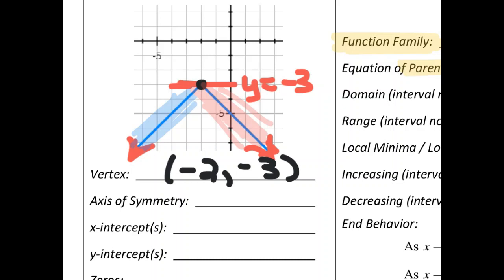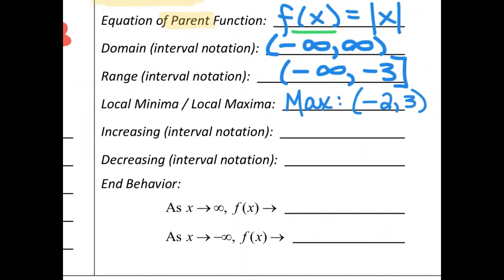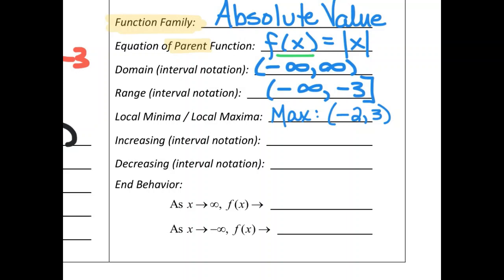So he goes uphill, he changes at x equals -2, and then he goes downhill. So the change happens at x equals -2. So my increasing is from negative infinity to -2, and at -2 he changes and decreases from -2 to positive